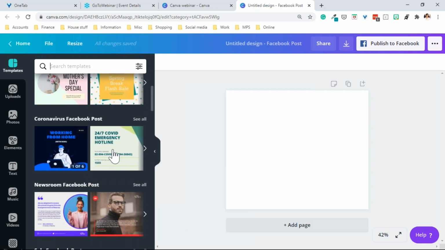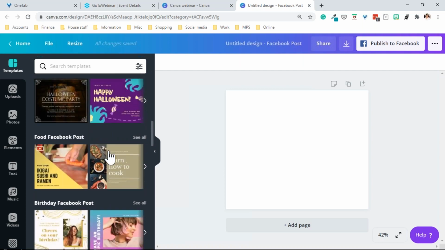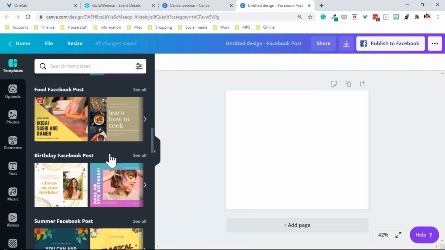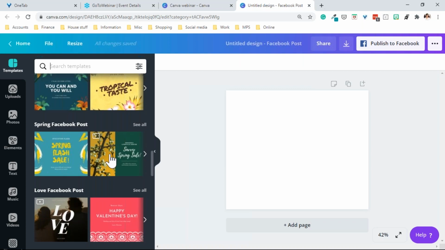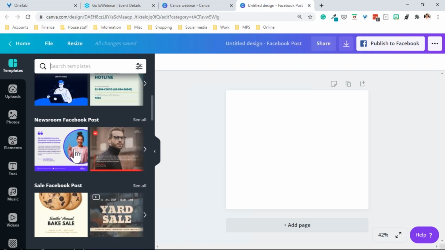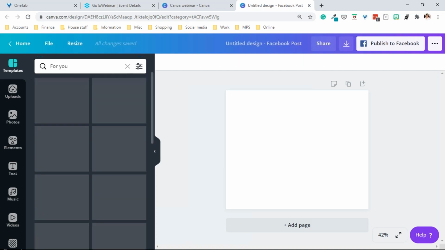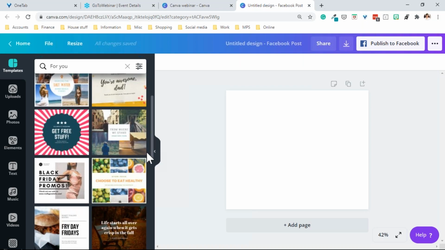You can see that they've got some specific coronavirus Facebook posts, newsroom, sales, food, which is always close to my heart, birthday. There's lots and lots of them, and you can go through and you can even search in the search bar for a template. So let's have a look at what they've got in here for me, and